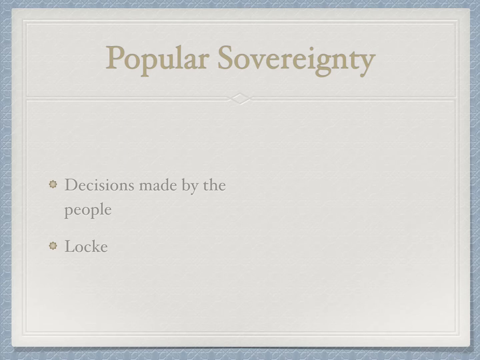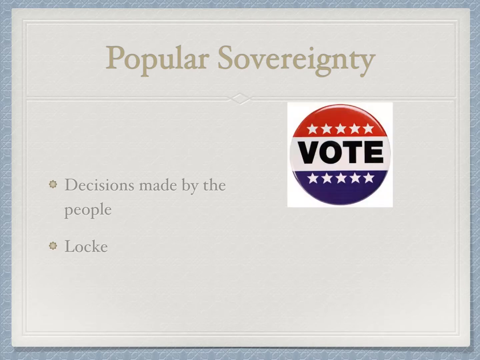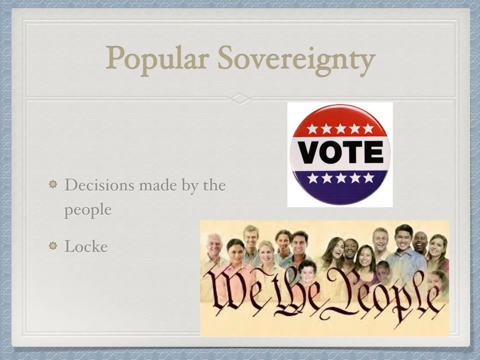John Locke mentions popular sovereignty. This is when the decision is made by the people of the nation. Popular sovereignty prevents the government from having too much power over the people. It allows the government to change and develop with the people's ideas, morals, and standards. It is important for the government to be able to change in order to fit the current generation. Many big changes in history have happened due to popular sovereignty, such as women's rights and the end of slavery.